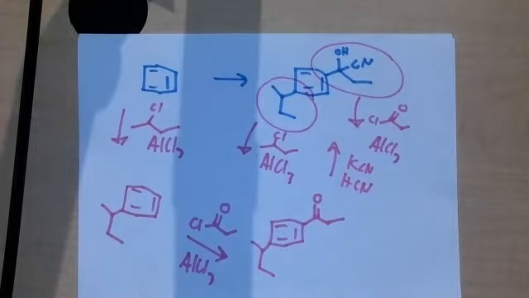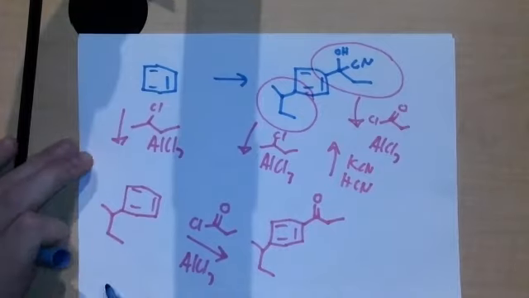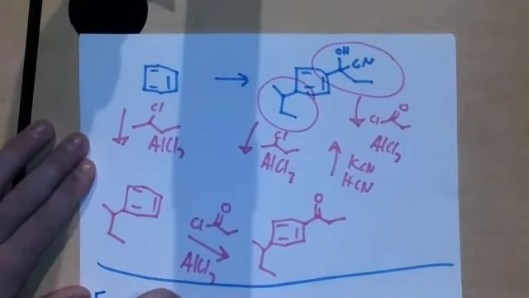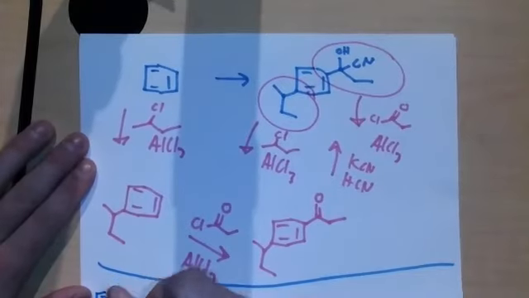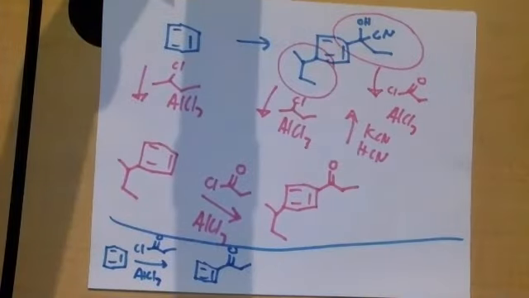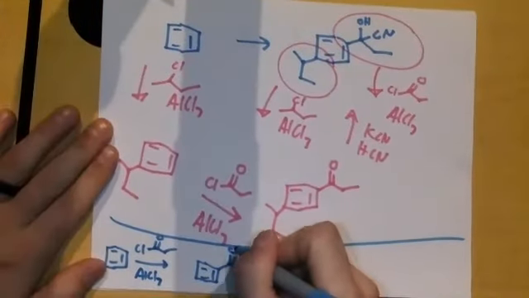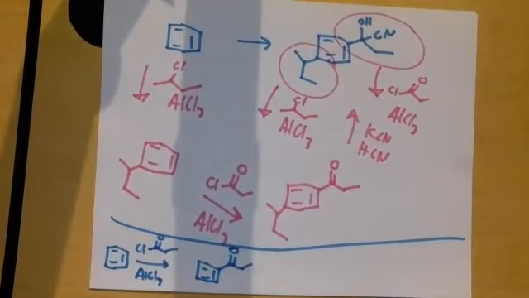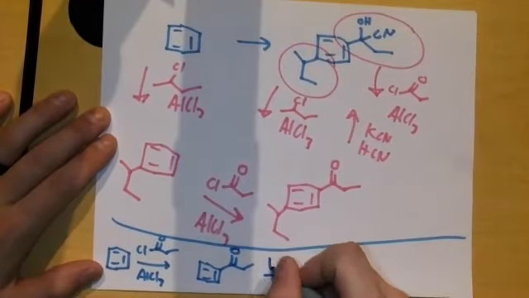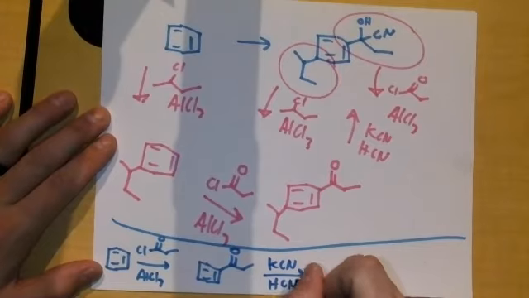So the other way you could do this, if I can draw this down at the bottom here. You could do the opposite reaction. So if I take my benzene ring and throw in my acyl group first, oops. At this point here, I can't do anything. This is a meta director, so I don't want to add my alkyl group yet. But if I do my addition of the nitrile, so KCN, HCN,